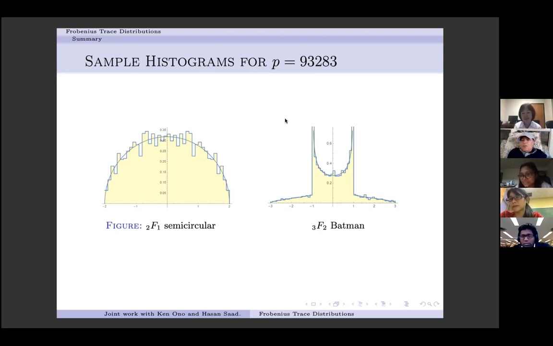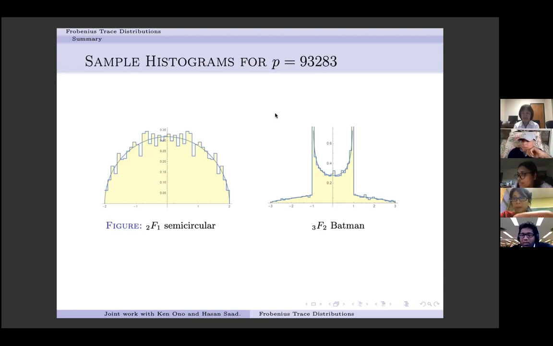Do we have another question? You mentioned that you already got some interesting distributions for other cases. Like what's the shape look like? Do you get a similar shape as Batman? Or? No, I'm saying